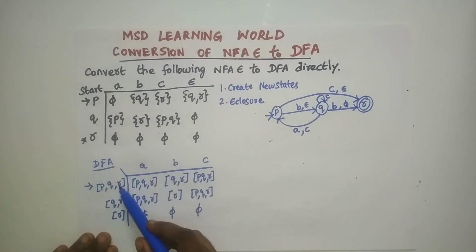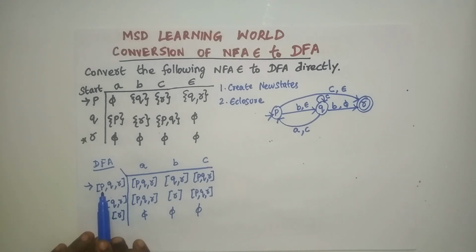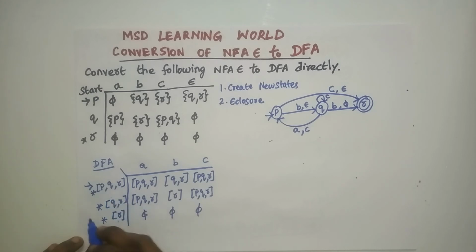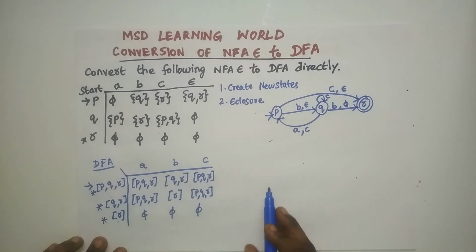So in the new set of states, you have capital A state as PQR, B is QR and C is R. In this combination of A, B and C, you have to see wherever R is present. R is present in capital A, the initial state also, so it is also a final state. In the second set of states R is present, so that is also a final state. And in the last state also R is present, so that is also a final state. So for the DFA that we have created, we have a single initial state and all the states are final. So now we have a deterministic automata and we don't have epsilon transition also.